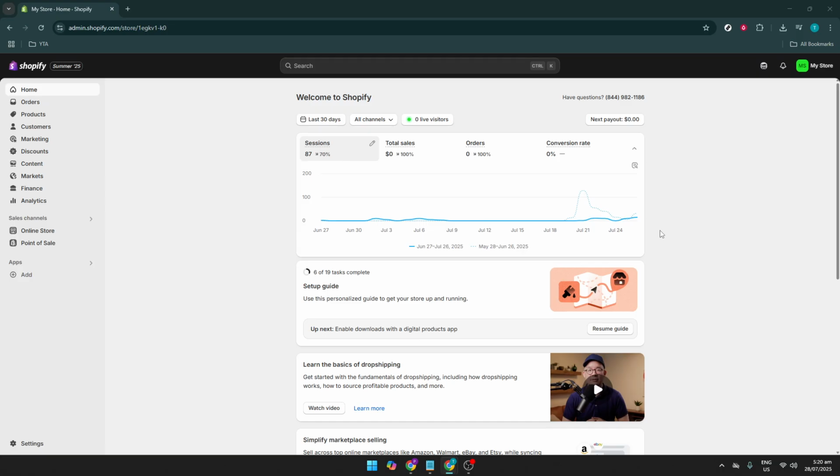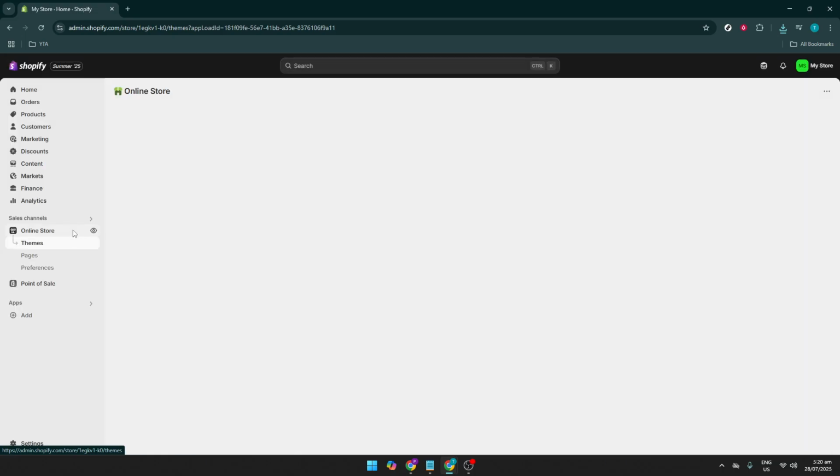To begin, you'll want to navigate to your Shopify store's homepage. This is where you'll start customizing. Once you're there, look for the Customize button. This button is usually located in the theme section of your dashboard. Clicking on it will take you into the theme editor, where you'll be able to see many customization options available